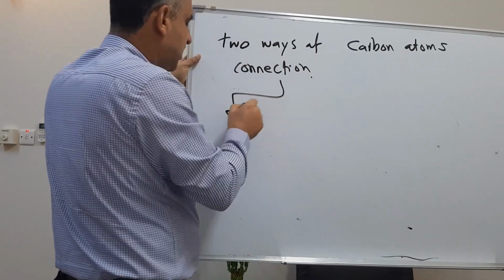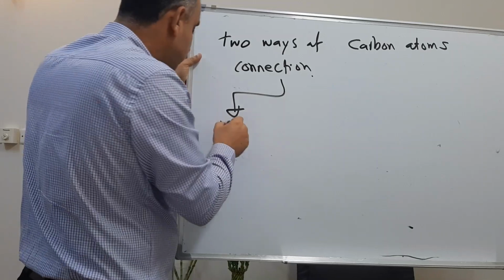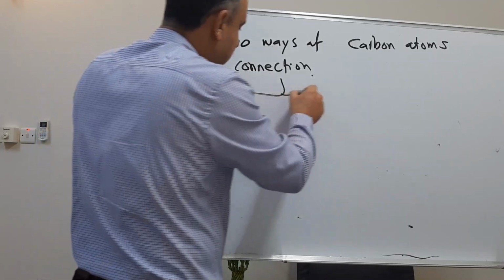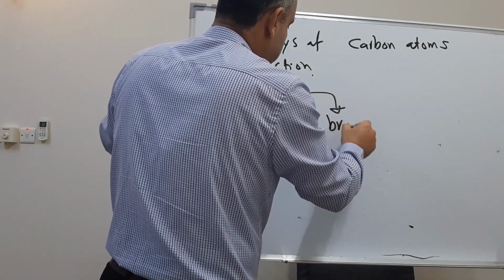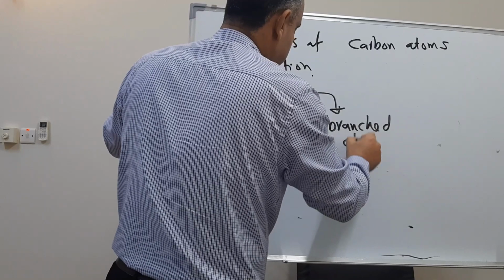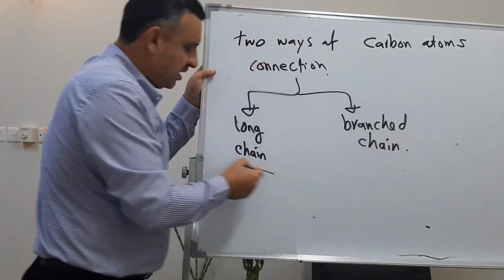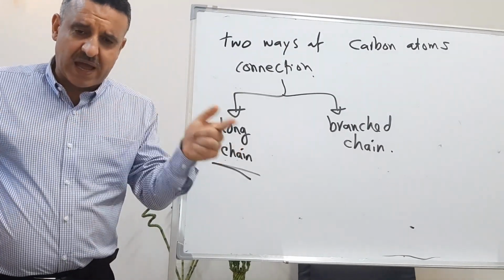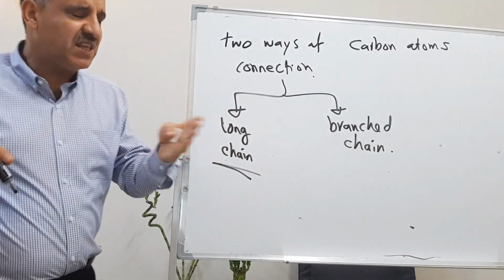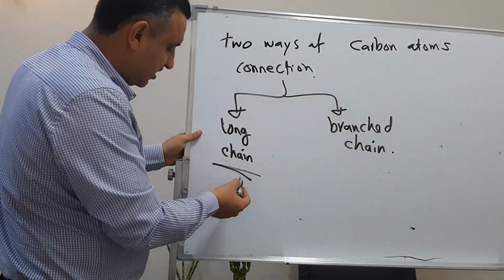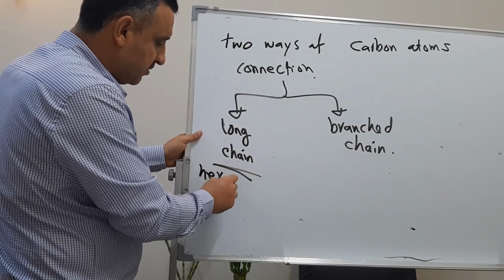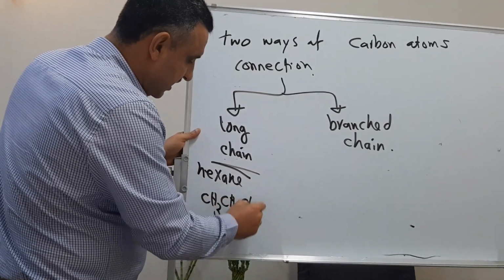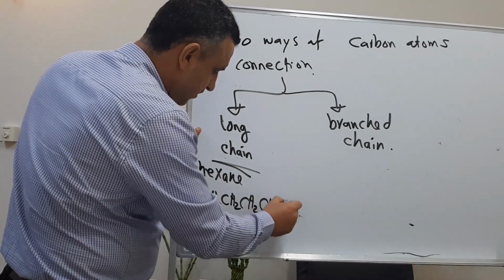We have what we call long chain, and we have what we call branched chain. In the long chain, the number of carbon-to-carbon bonds must not exceed 2. In this case, for example, let's take hexane. Hexane, as you will see, is simply CH3, CH2, CH2, CH2, CH2,